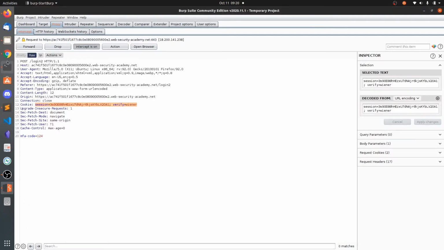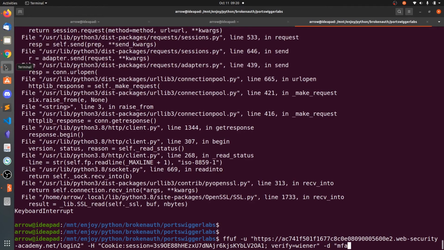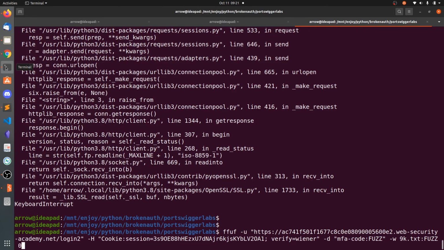That is the mfa-code, and we need to first use the -w option to specify the values, that is 9k.txt first, and filter, match the regular expression, filter the regular expression, incorrect security code.